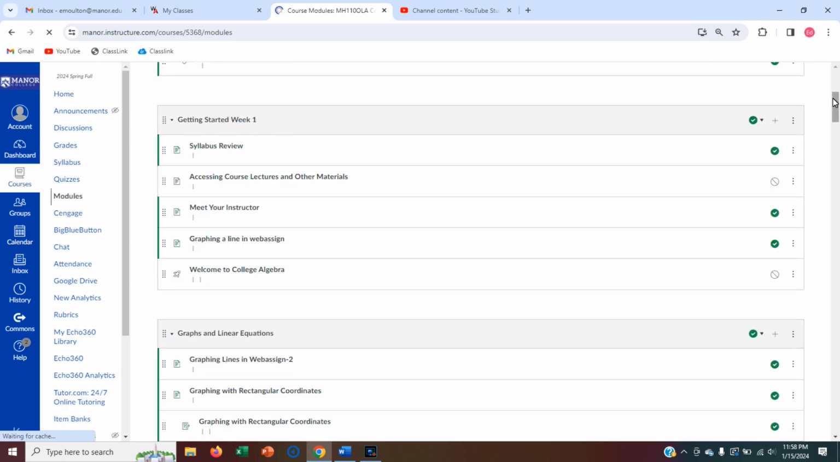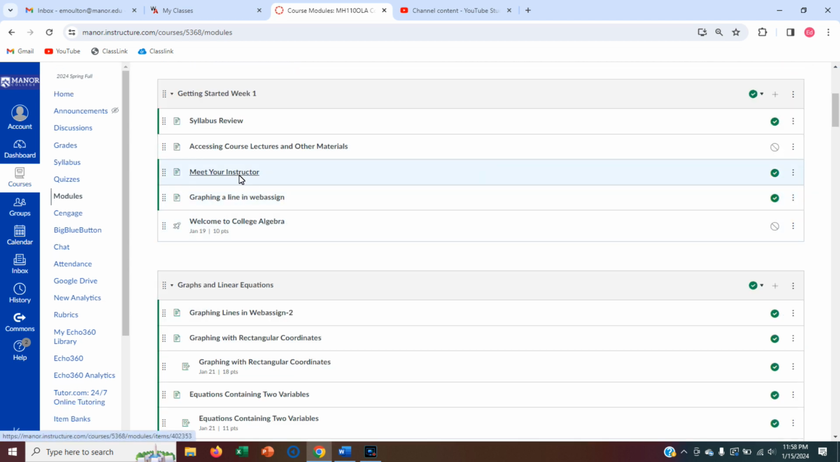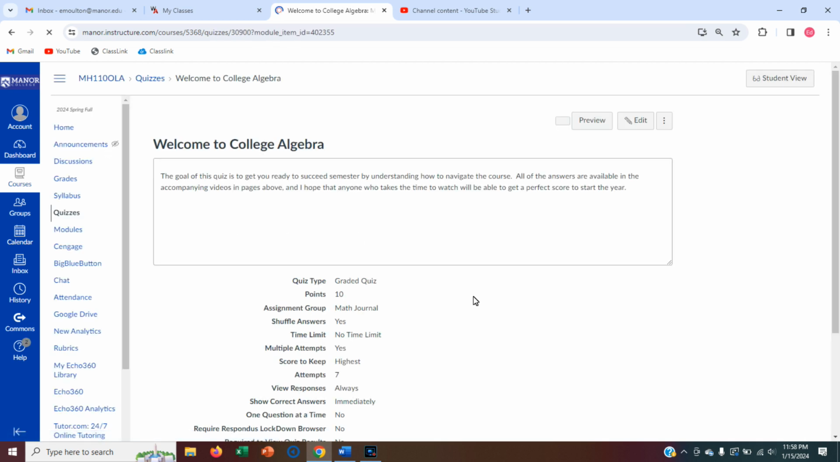I also have included in this general section the instructor that just goes over who I am, a graphing lines in WebAssign, which shows you the WebAssign screen where the online homework is and shows you how to use it. This builds towards this Welcome to College Algebra quiz, which I guess I might as well go ahead and publish. I believe it becomes available to you tomorrow when the course opens. This quiz, once you've viewed all the materials above, you're going to click on, and when you click on it, it's going to open up and have 10 multiple choice questions to be answered about this